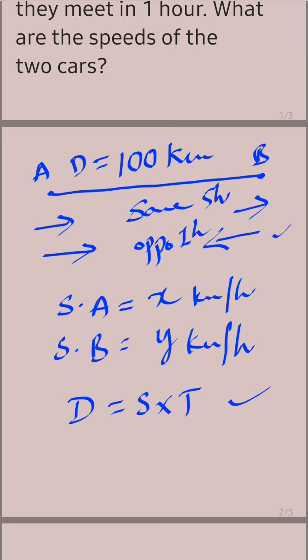This is the relation between distance, speed and time. So here we are going to find what the distance between them is, what the speeds are, and what the times are. The time is already given: 5 hours in the same direction and 1 hour in the opposite direction. And whenever two things are there, here two cars, we have to take the relative speed. That means we have to select both speeds together. For that, two situations are there.